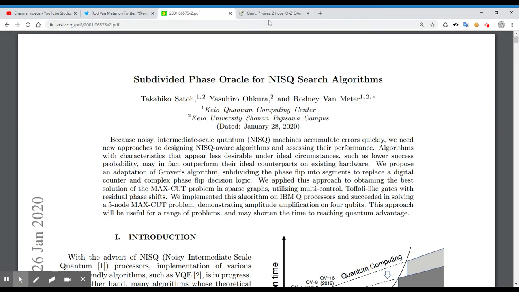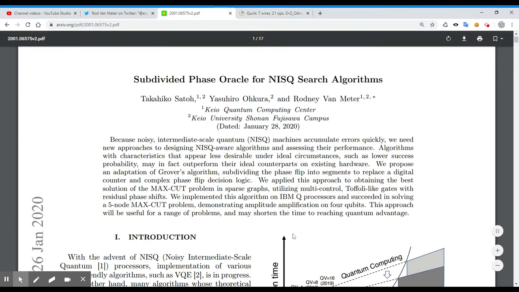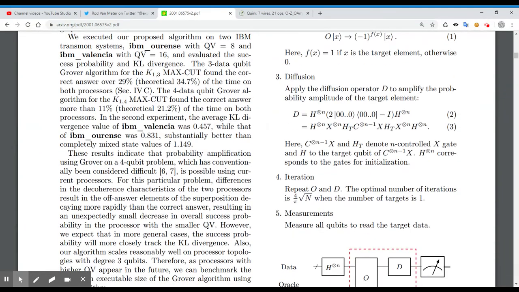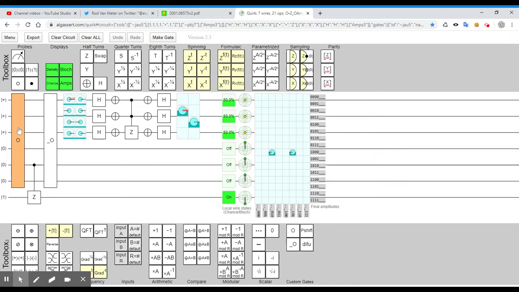This is the newest version, and last time we left off where we implemented the ideal version of the proposed circuit, and basically what's next, I think we're getting in. Just as a refresher for myself as well, that's a circuit implementation where the idea is to find the max cut